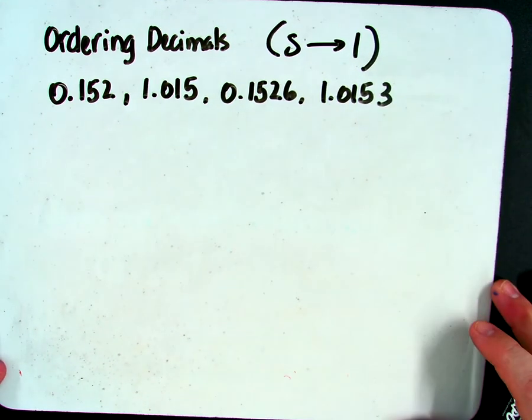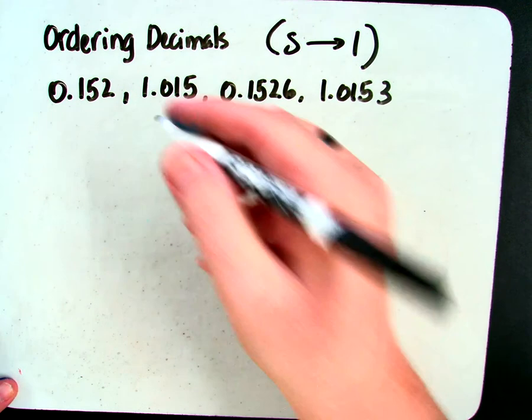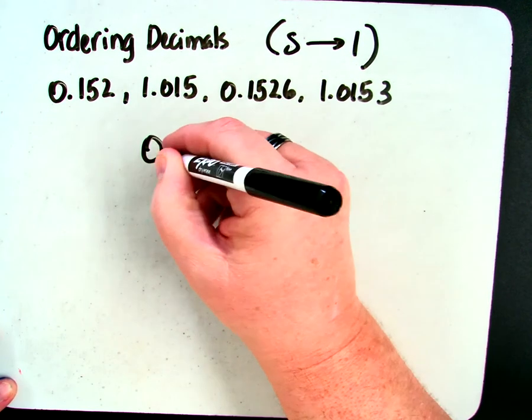The very first thing that you want to do when you are ordering decimals is align them vertically and anchor them on their decimal points. So if we were to do that,